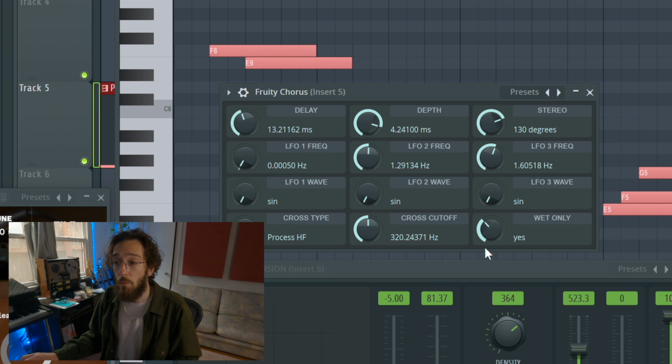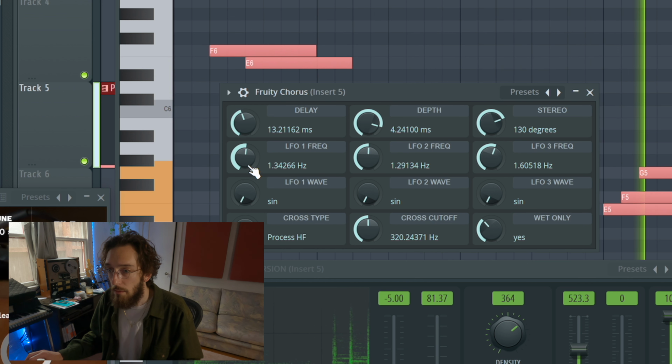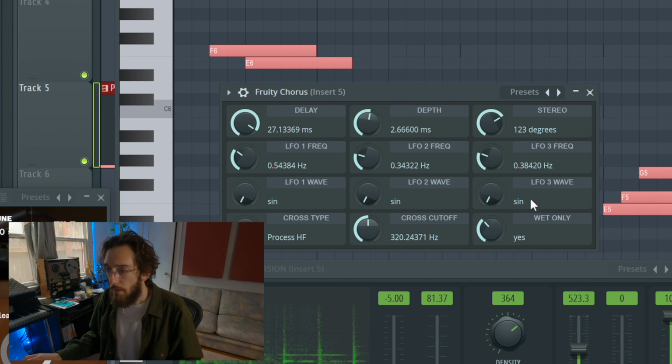I like to have it wet only because then I hear purely what the modulation is doing. So this isn't really getting me what I'm looking for. I think because the delay time is so short, it's not able to do enough kind of like